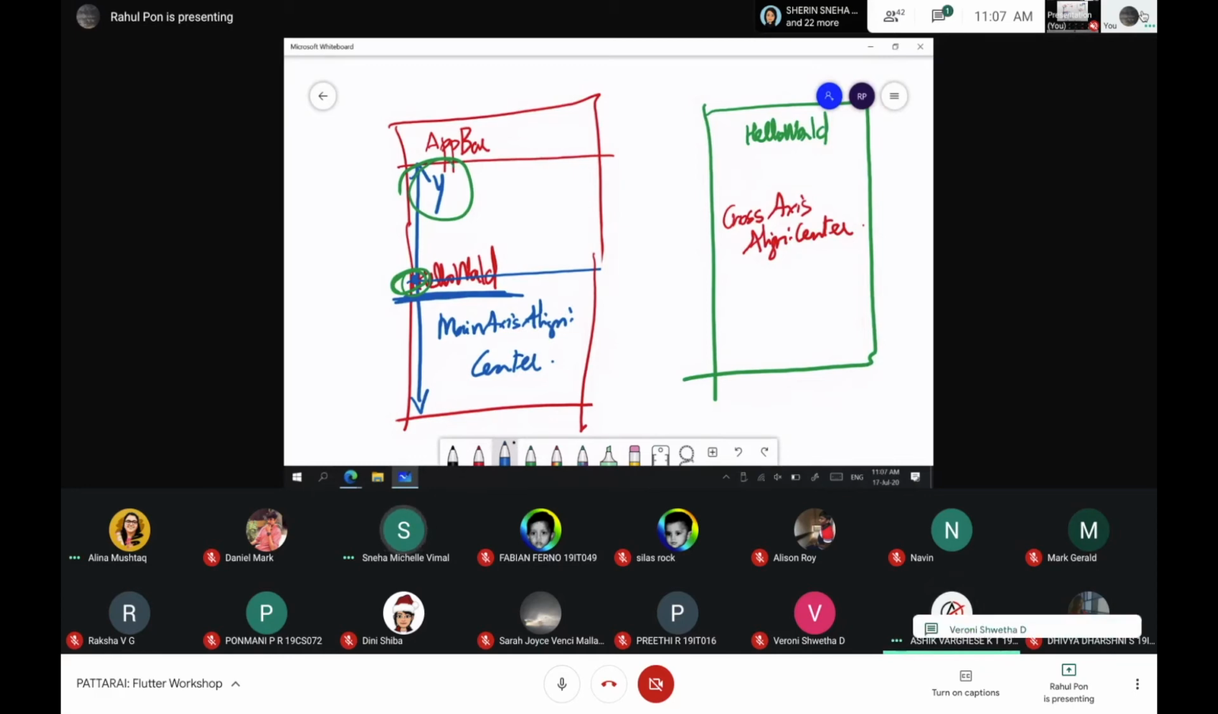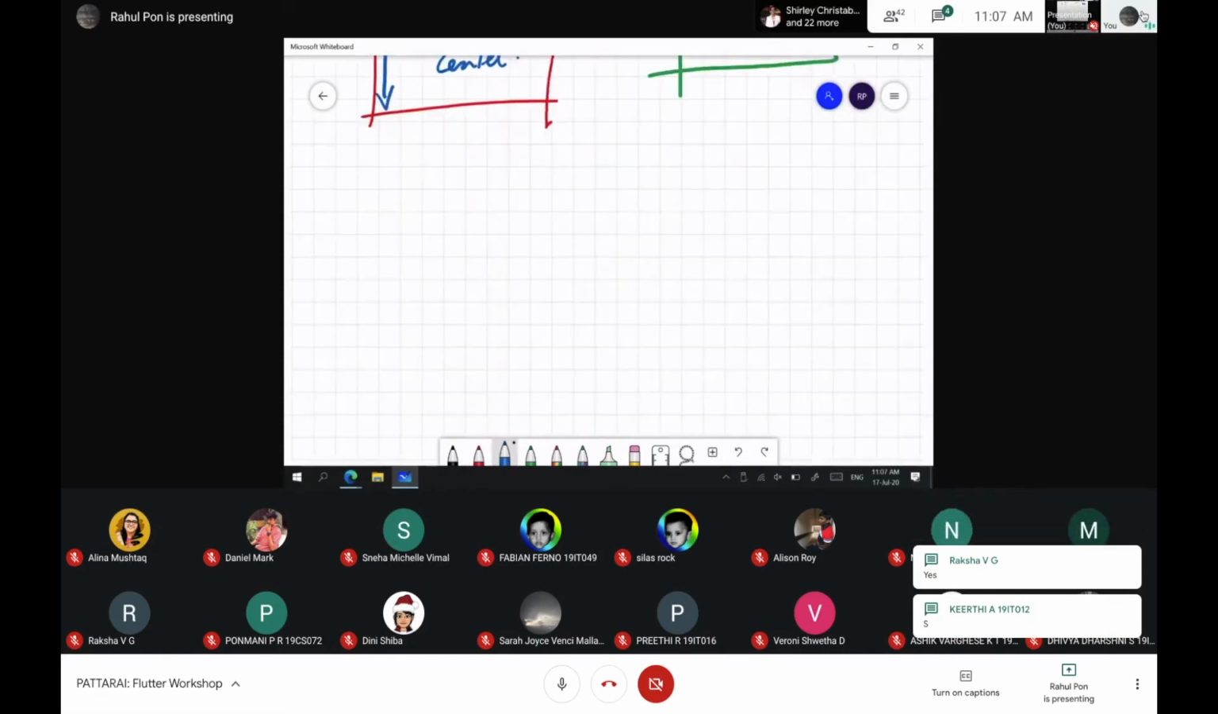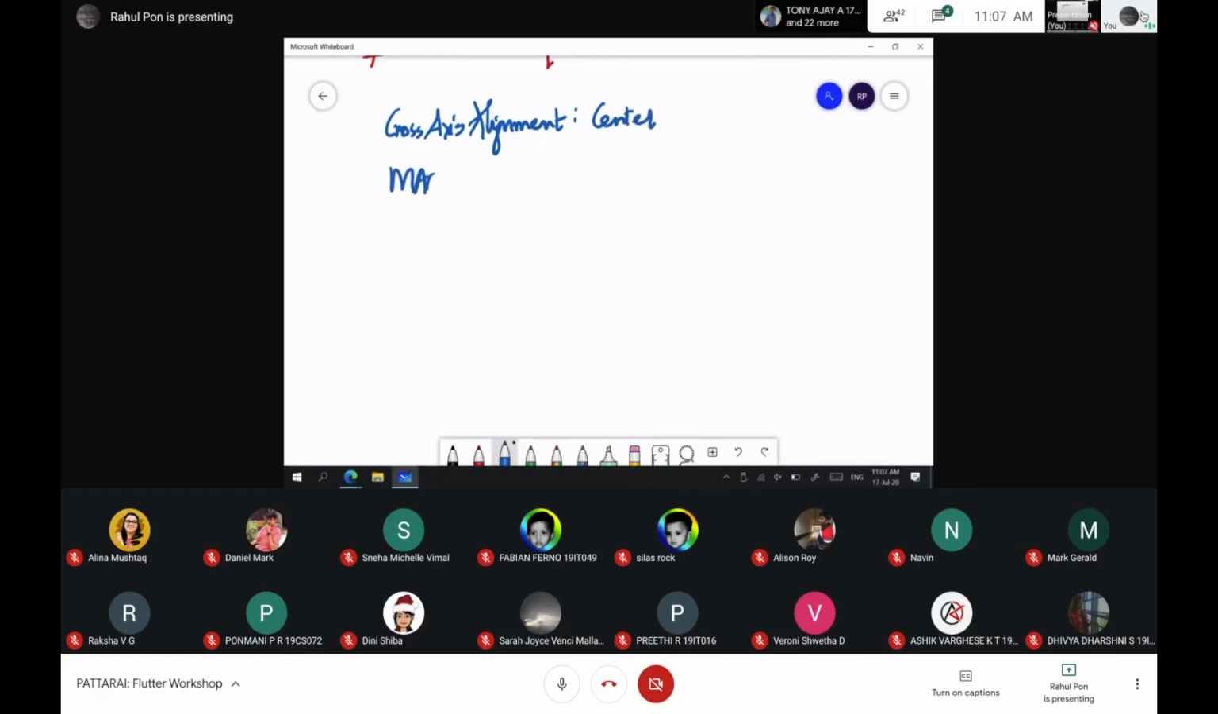Okay. Now I want you to do this. I'm having an activity for you. Just write a widget. I want you to try these combinations. Let me just write it in short. So main axis alignment, center. I want you to try these combinations. So this is the first one. Second is